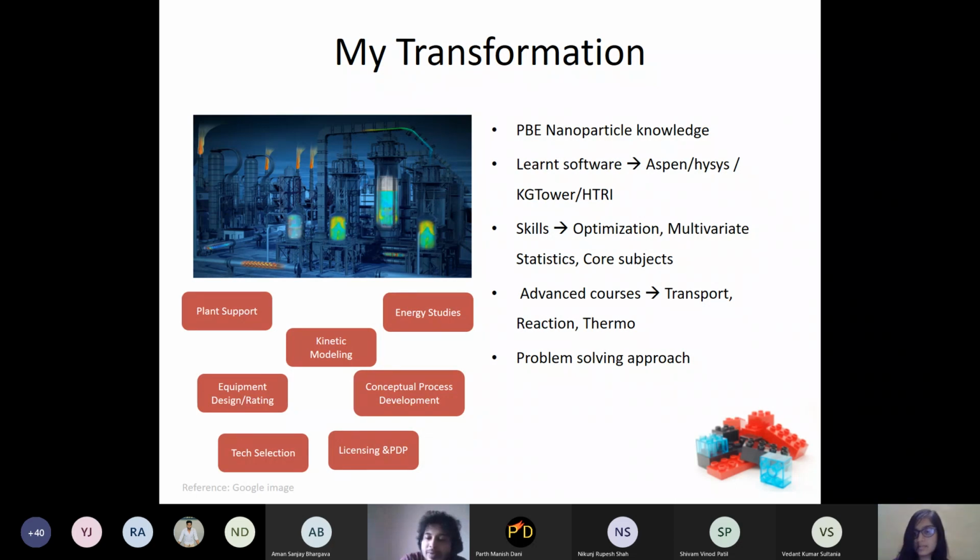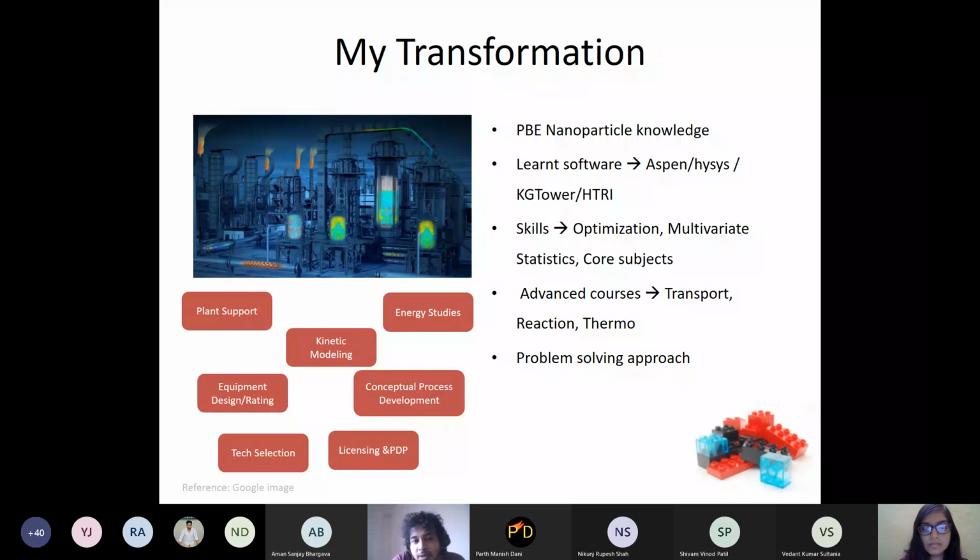So now if a new problem is given to me, I at least know how to take care of the problem. And that's the beauty of doing higher study and having some analytical skills. In my opinion, it helped me quite a lot to see through these problems, and some of them are implemented in the industry also.